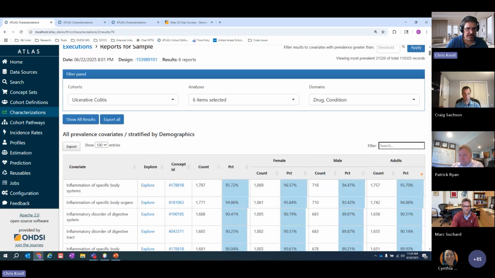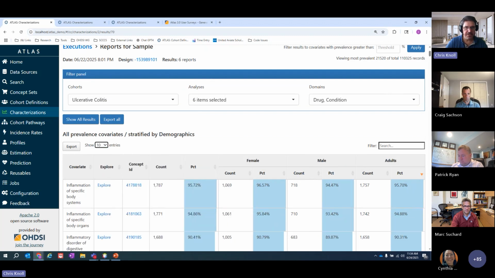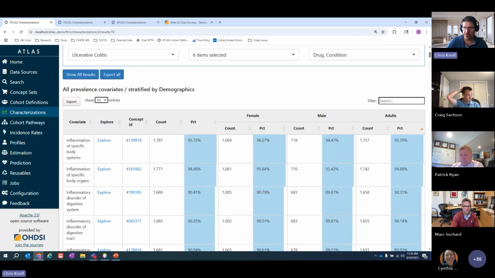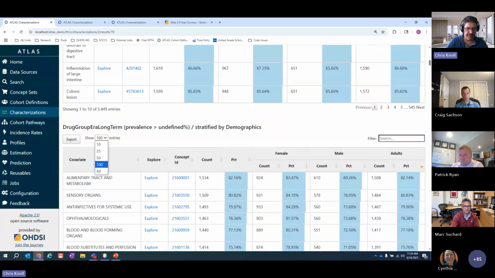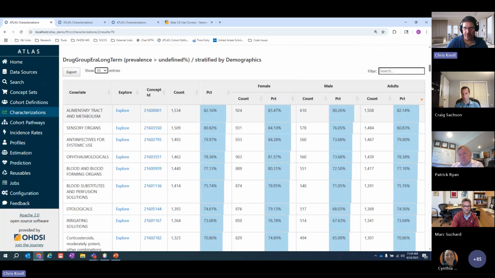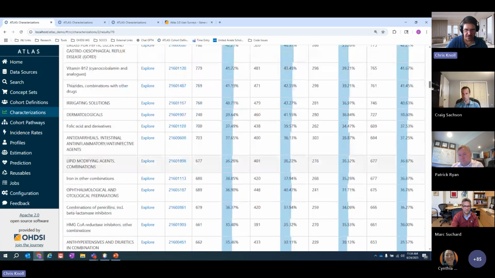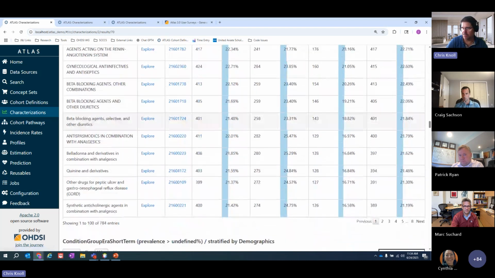Okay, so now even just showing one cohort, which is the ulcerative colitis one, you can see the three subgroups. You see the main overall percentage counts, and then each individual subgroup's counts and percentage. Again, it works the same way, where you can go look at the drugs, same way, et cetera. I'll just scroll to the bottom to show that it also handles